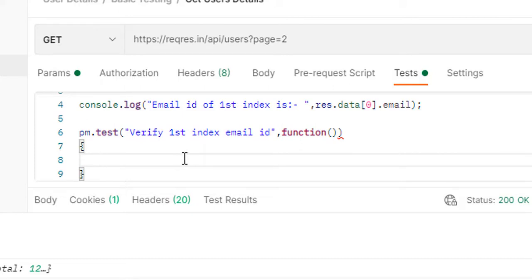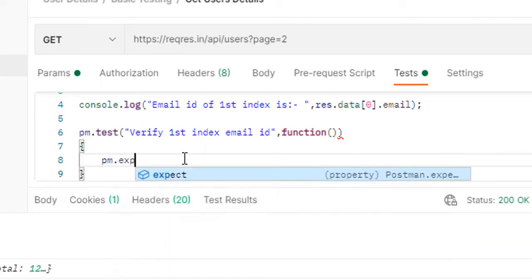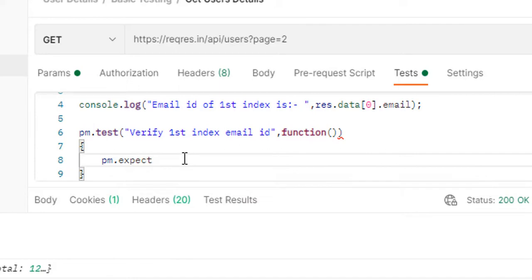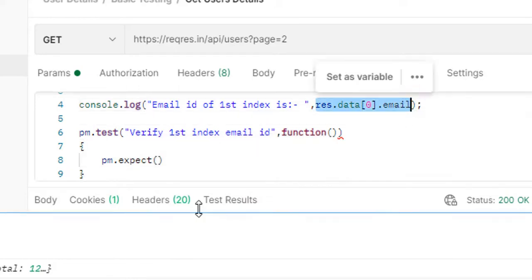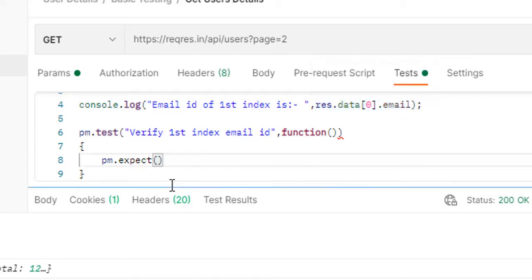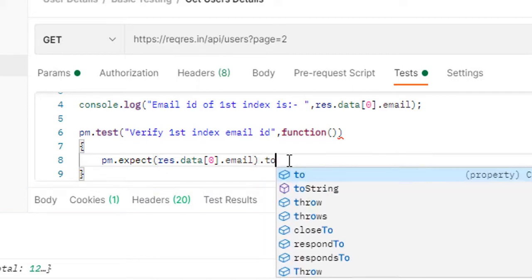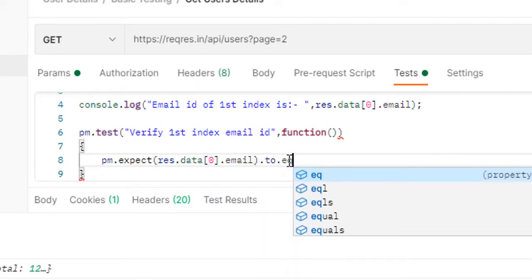All right, now pm dot expect. Okay, so this is how we have captured the email ID, right? So let me use this block,